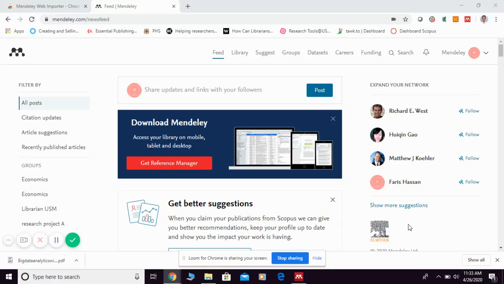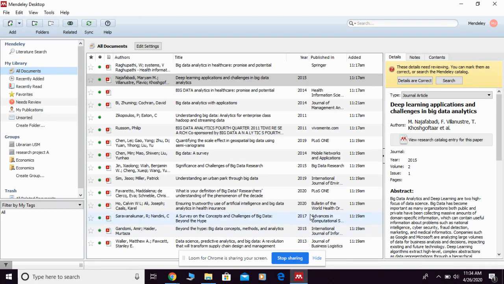Hi there. Now let me show you how to use need review function in Mendeley Desktop. So for example, this is my Mendeley Desktop. After having